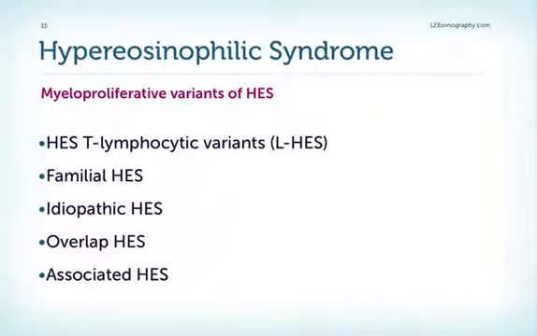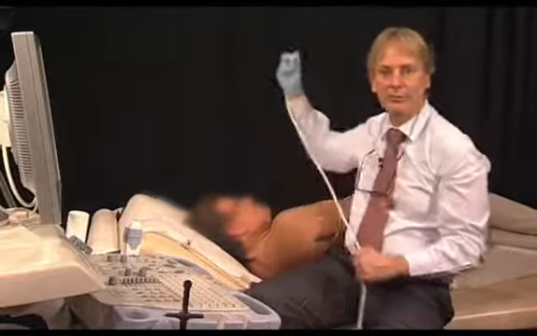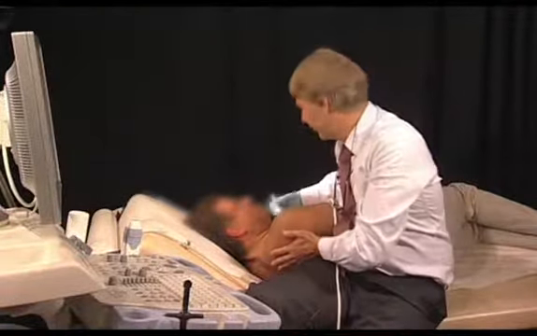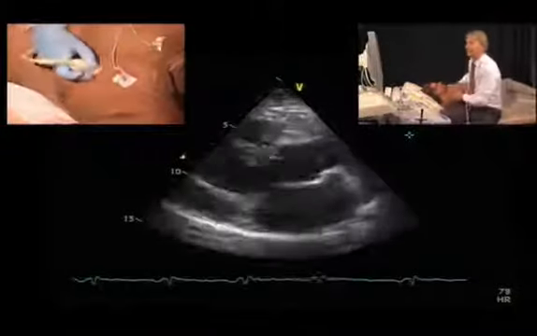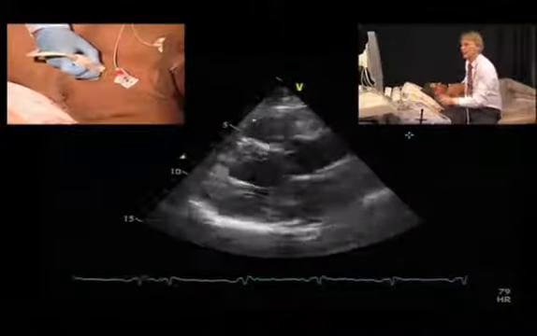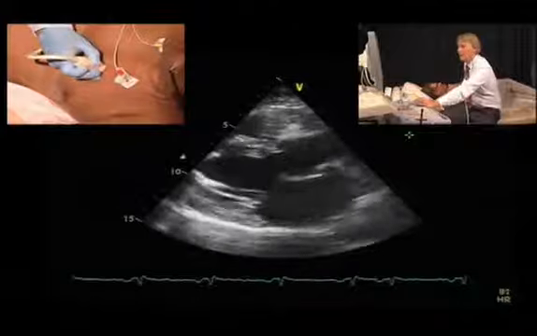There are many different myeloproliferative variants of HES, as you can see here on the list. It can also be associated with the Churg-Strauss syndrome, for example, and we have seen several families where HES is present. This is the patient with endomyocardial fibrosis, and I will now show you the typical features that we can find in such patients. In the parasternal long axis view, we can